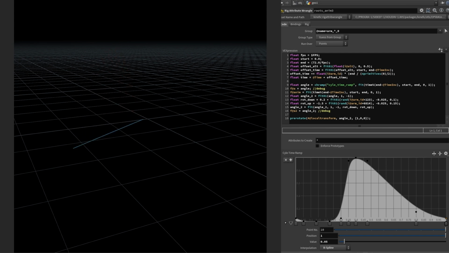Like you see over here, it's just a simple wrangle that isolates one part of the time. I think I set it to 3 seconds. And when you have that part of the time isolated, I mean, range between 0 and 1, you can just fit it in the ramp, and basically you do similar stuff that you do in a regular graph editor, animation editor, to manipulate that part of the time. So, okay, once it's maybe satisfying,